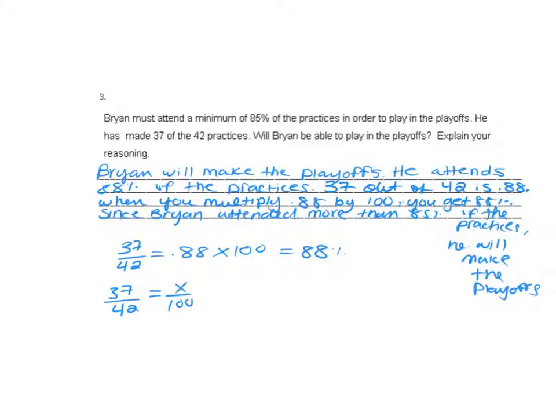Or if you wanted to do more specifically with the proportion, you could say I set up 37 over 42, which is part over whole. He attended 37 out of the 42 practices. I set that equal to x over 100, x being what I need to solve for to find out the percentage that he makes of the 100% of